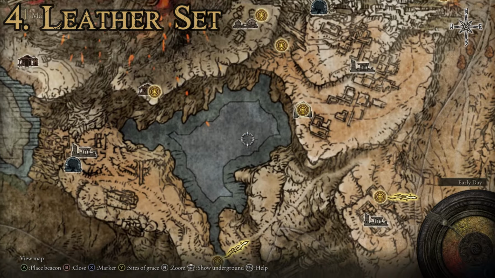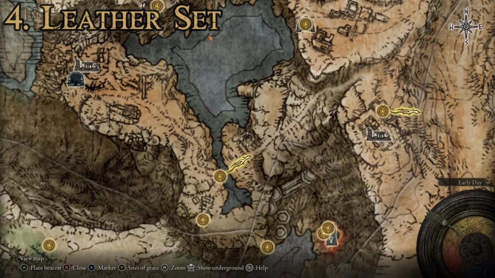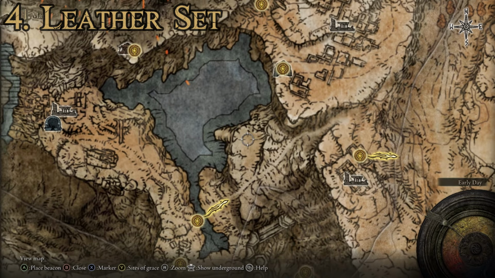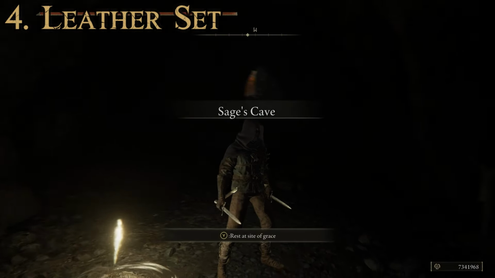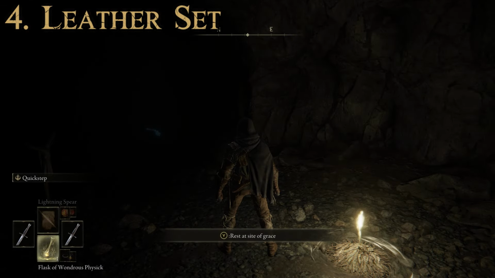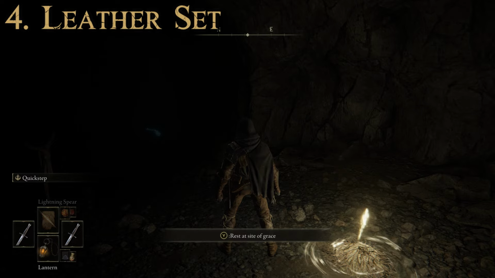There's this little lake area that you come in, so you gotta come in through here, because this is kind of a steep rocky slope, and you make your way to the back of this area, and you'll find the Sage's Cave. So I'm in the Sage's Cave. Unfortunately, I've actually explored this cave in this playthrough, so all of the chests are going to be empty, but